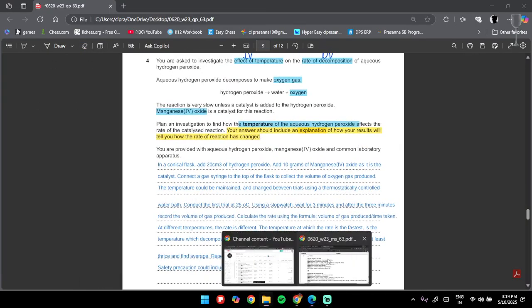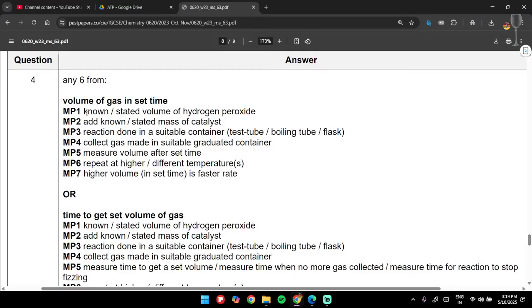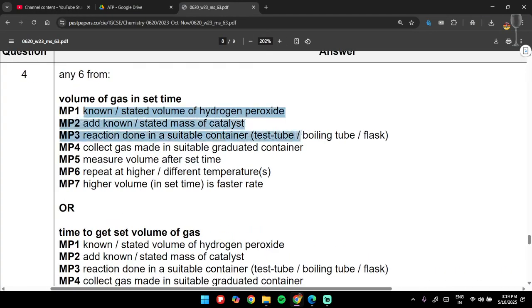Now let's check the mark scheme for it. Okay, now mark scheme says add known volume of hydrogen peroxide. We did that. Add known mass. We did. Do it in a flask. We did. Collected in a suitable graduated container. A gas syringe is perfectly a suitable graduated container. Measure the volume after set time. We did 3 minutes. Repeat at higher temperature. Higher volume is faster rate. Right. So you already get your 6th mark, but there's always a chance for the 7th mark, which